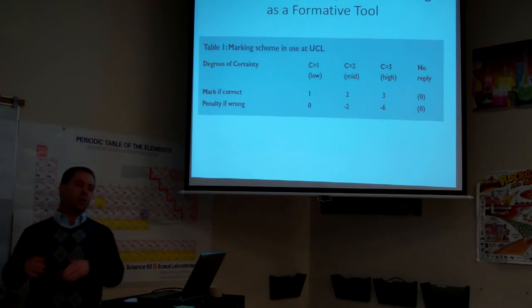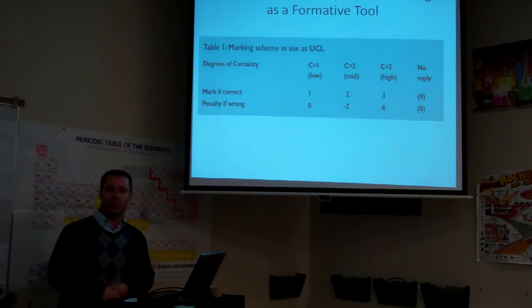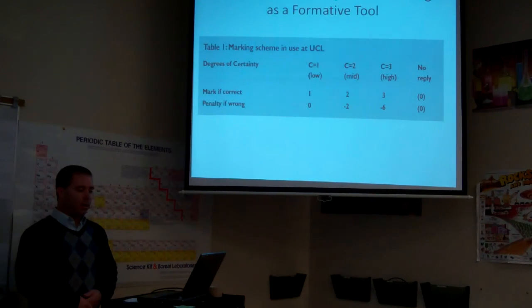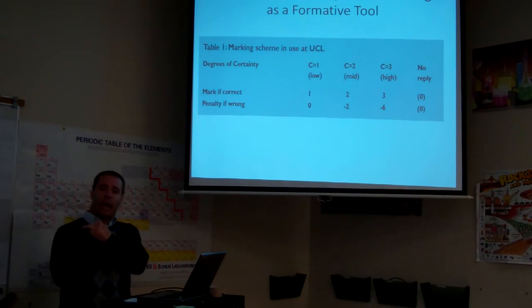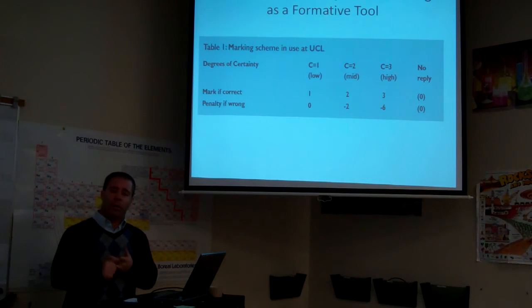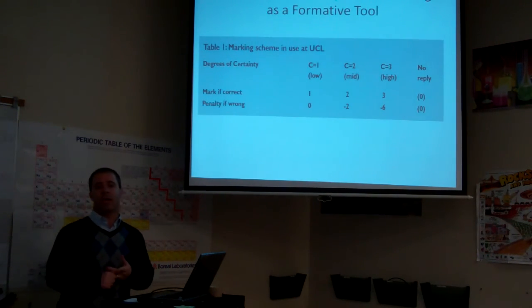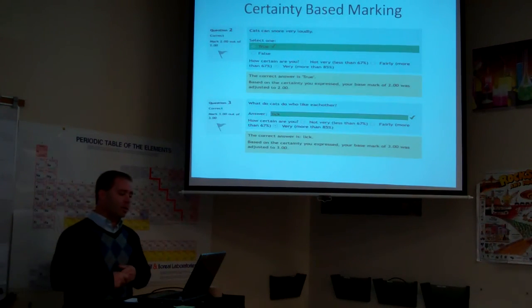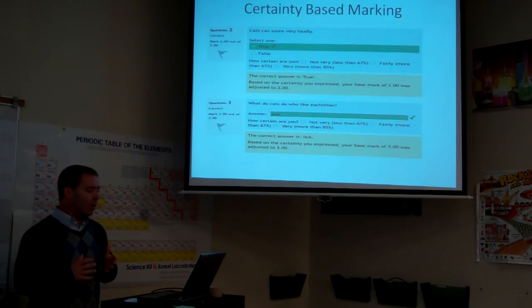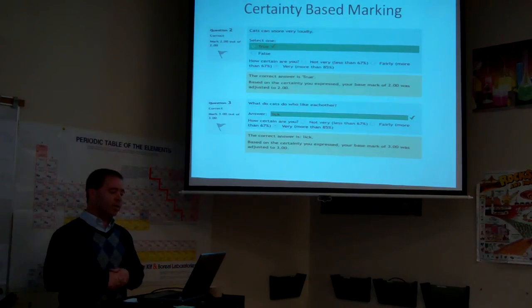Where do we go next? Well, we're looking at adding a tool to our Moodle self-assessments. It's called certainty-based marking. Now, not necessarily for the score, but it gives us an idea. The kid will answer the question, but they'll tell us before they answer the question to what degree they are confident they got the question right. So here's an example. Here's a question, and the student gives the correct answer, plus they tell us whether they are very or fairly or not very confident that the answer is right.